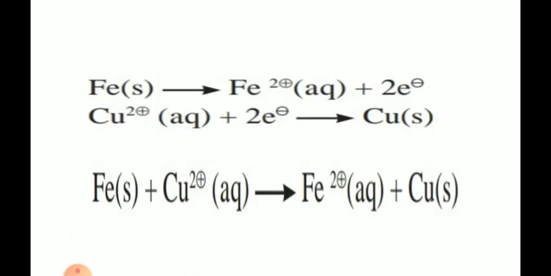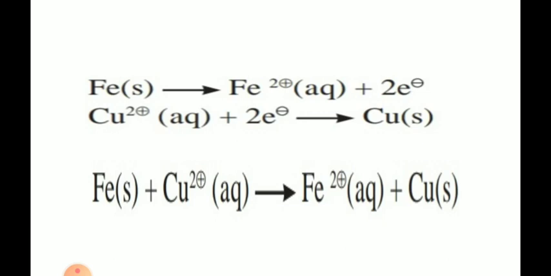Now students, iron is converted into Fe2+ with the loss of 2 electrons in this example, and at the same time copper has the oxidation state +2. The 2 electrons are gained by this Cu2+ so as to convert it into solid Cu, that is stable copper. In the first reaction, loss of electrons takes place, and in the second reaction, electrons are gained by the copper.